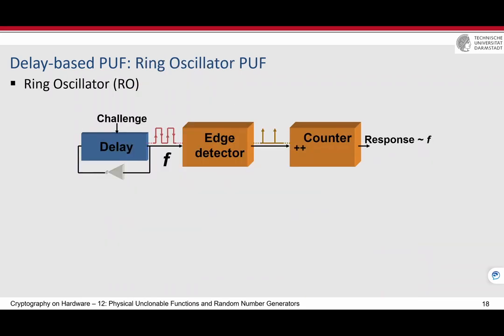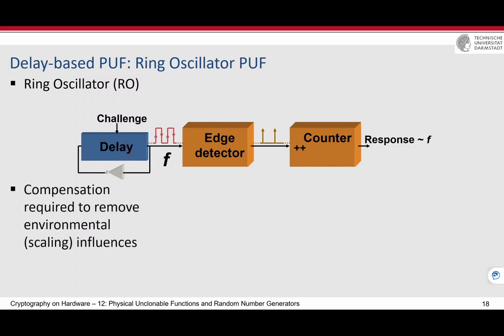And then another scheme is the ring oscillator PUF. For example, you have one AND gate and it oscillates all the time. Of course, the frequency of oscillation depends on the delay of the inverter or the chain of inverters, and some edge detectors and the counters and so on. But it's not the best way, because the frequency can roughly give you the response, but it's highly affected by